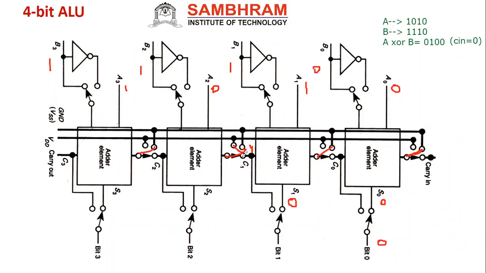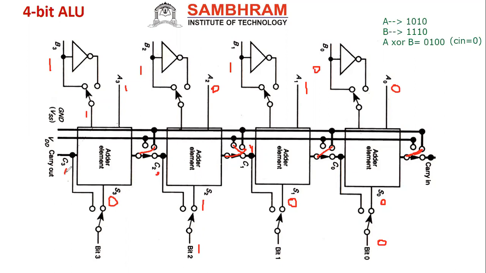So I will get 0 and 1. The sum is 1. I will get sum is 1. Then this is the 1 I will get. What is the carry I will get? Carry is equal to 0 actually. Carry is 0 only. Correct. Nothing will be. So here you see this is also 1. Even this also is 1. Then what will be the sum? Sum is equal to 0 actually. Sum is equal to 0. I will get carry as 1.